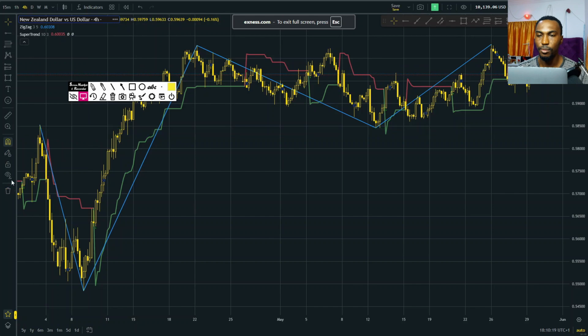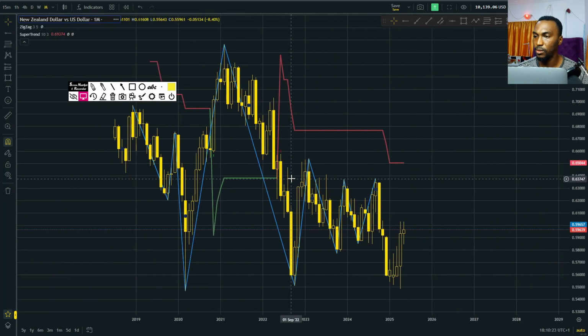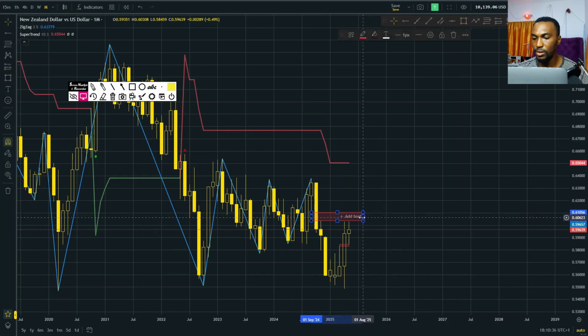Let's start up from the monthly. Everything we're trading, everything we're looking at right now, we're going back to the monthly. We want to see if the monthly has a good reason to move forward. So we have this very, very untrustworthy fair value gap. But then again, that's the current context. But the old context is still here. Do not forget that one. The old context is still here, having this fair value gap.